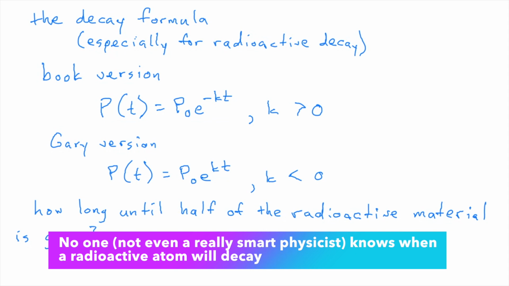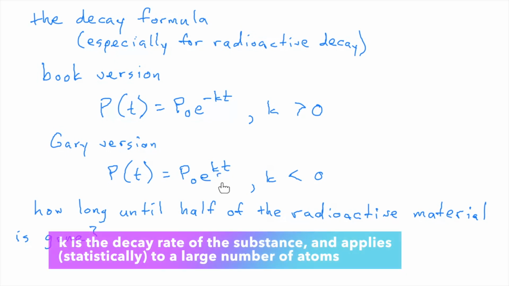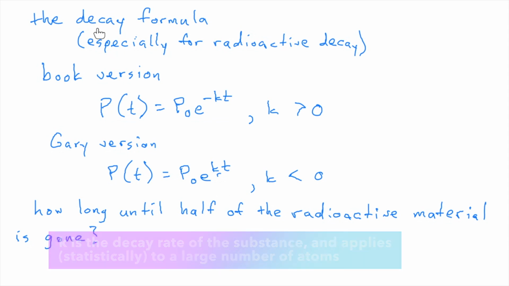I have no idea when this particular atom, single atom molecule of uranium is going to decay. But if you give me a million or a billion or a bazillion molecules of uranium, I can tell you, after such and such an amount of time, this percent, there's a rate of decay. And you can't tell which atom, but yeah, it's kind of like death, right? There's a death rate. Yeah, death rate, that's decay.